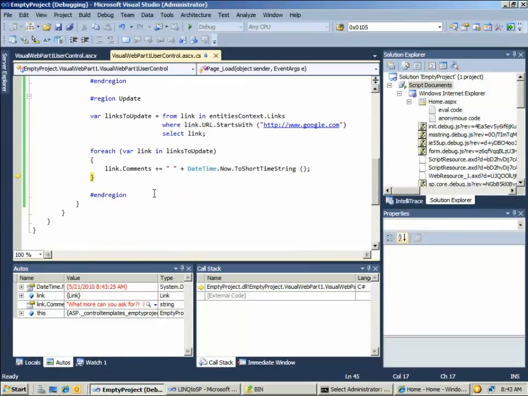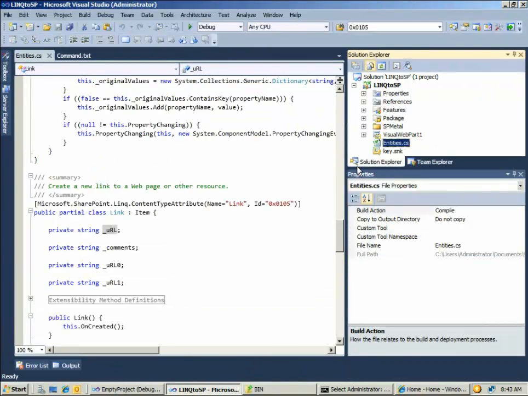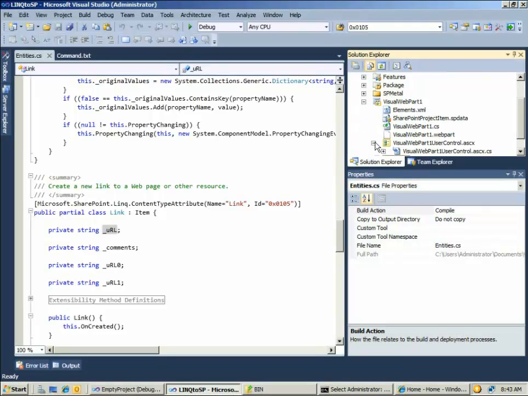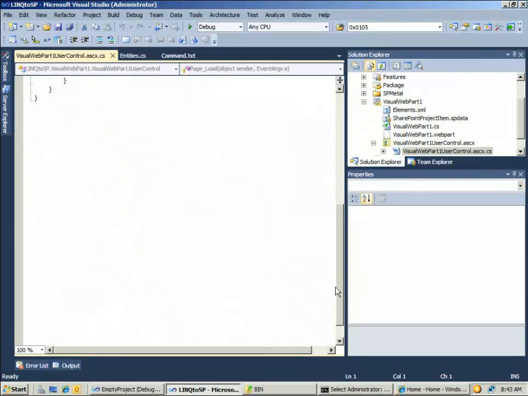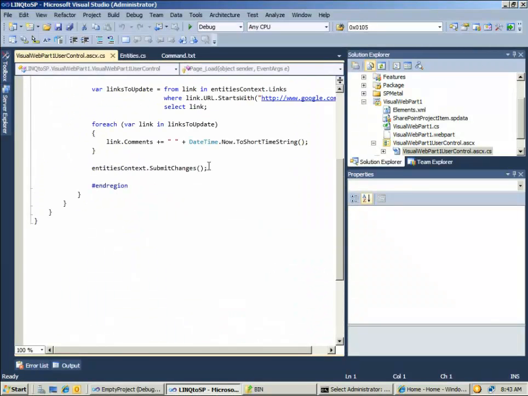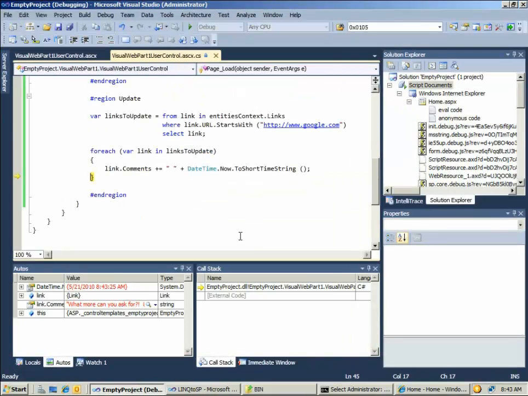One thing I actually forgot to add here, this isn't actually going to work, apologies. I apologize for that. I'll just pop back here for a second and show you the code that I wrote earlier instead of trying to redeploy this. There is, down below, a submit changes method that we need to call to actually have this persisted back to SharePoint. So unfortunately that's not going to happen in our case, but if I let this run again,